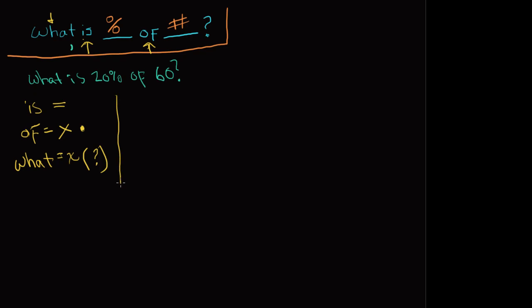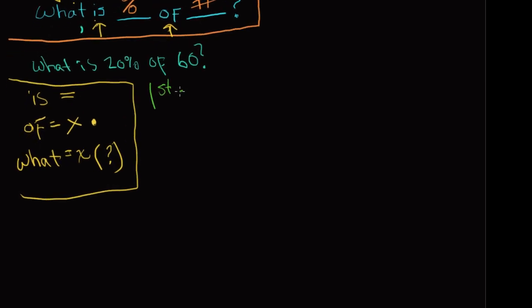So that's a little bit about the mathematical terminology and the word problems. So up here, "is" really is equals, and "of" is multiply, and "what" is a question mark. So now we're going to use what we know to turn this into something we can work with. First, the first step